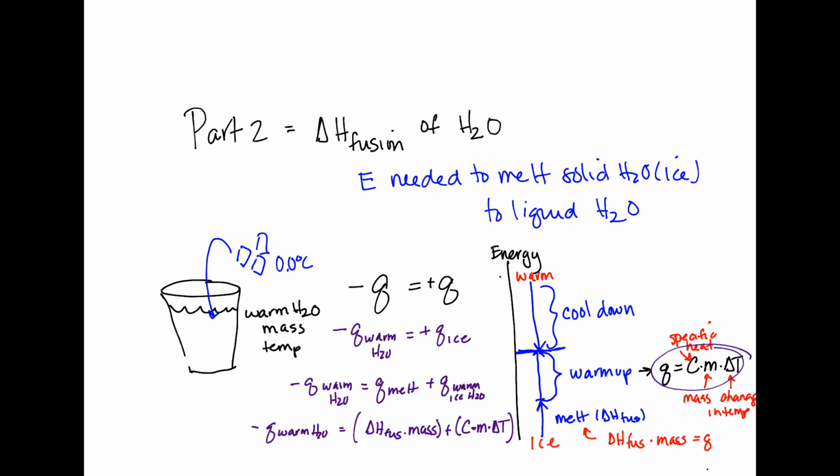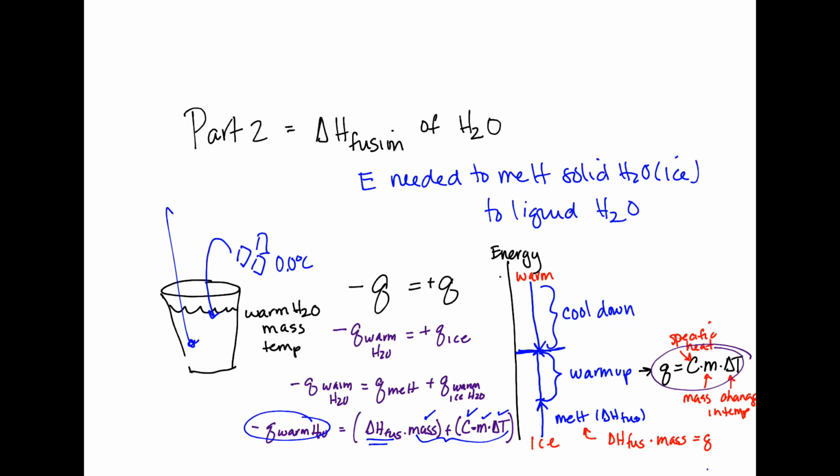So far, these all seem like things that we can measure. We can measure masses. We can look up the specific heat of water. This is the mass of the liquid produced from melting the ice. We can measure a change in temperature by putting a thermometer in our coffee cup calorimeter. So we have all the variables from this side to find the delta H of fusion, but we still have